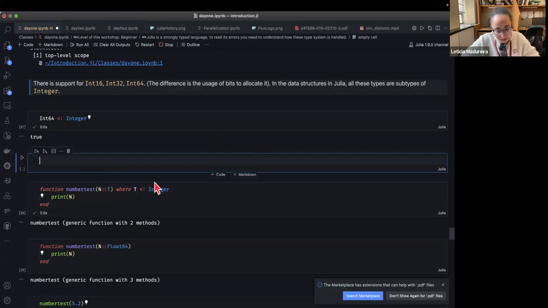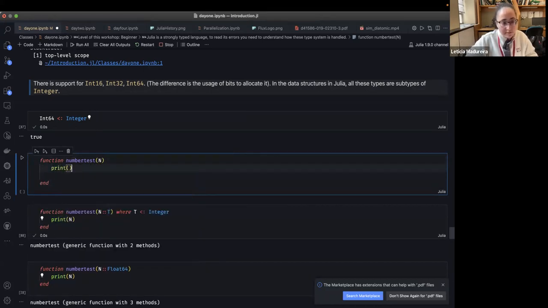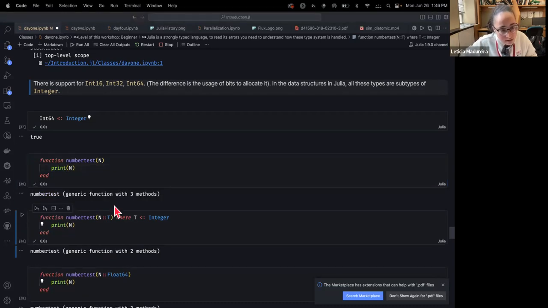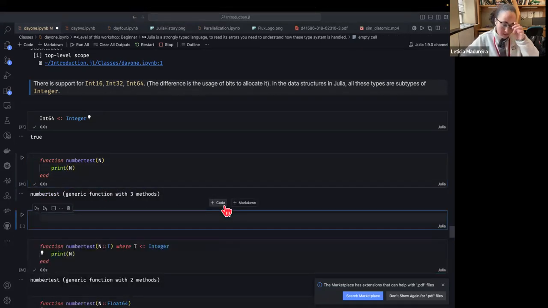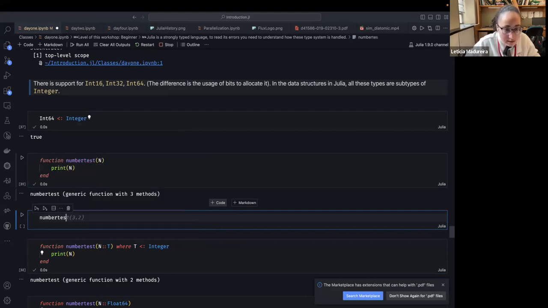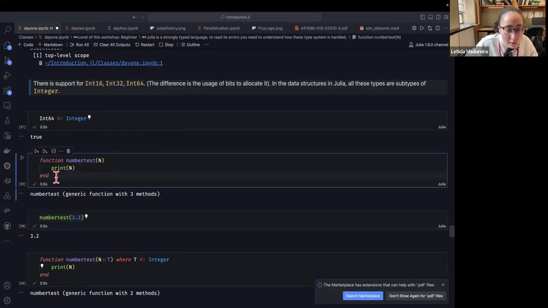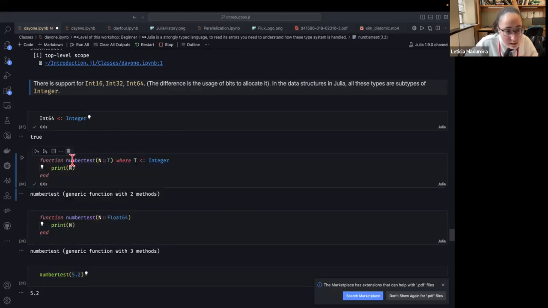You can also define nothing. You can define the function for Any, okay? And if you define your function for Any, you won't have these method errors. If you want to use the more flexible typing system without worrying too much about this, number test, see, you don't have the method error because you are not defining anything. But the goal here is to use this to exemplify the multiple dispatch that will be useful for more complex